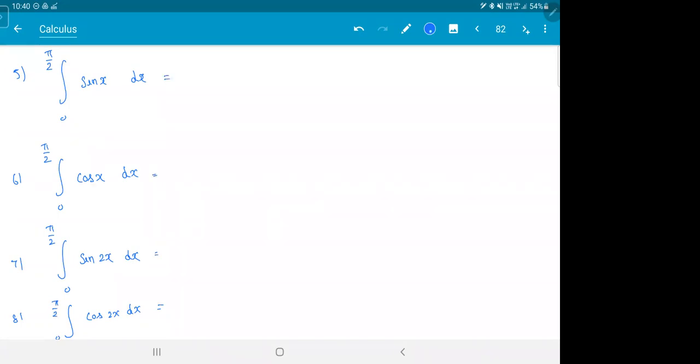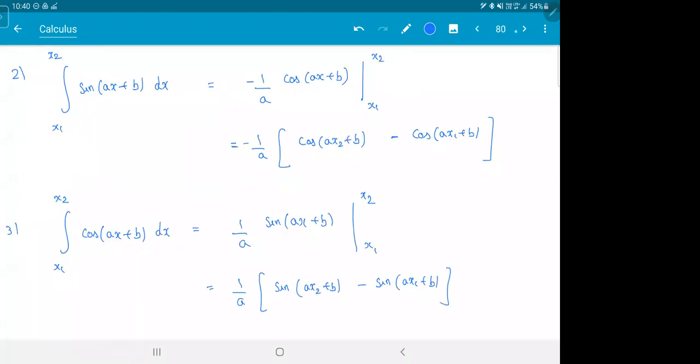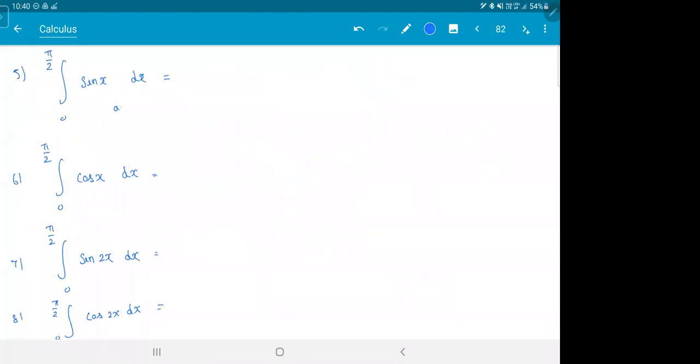So basically what you have to do is look at this formula here. Sine ax plus b, na? So here a is 1 and b is 0, isn't it? Just have to compare. Sine ax plus b mein, if you put a is 1, you get sine 1 into x plus 0. So sine x. Are you getting? So you see what is a and b ka value and accordingly substitute in the formula. So here also a is 1 and b is 0. So here a is 2 and b is 0. That's it. So once you know that part, just put it in the formula that you know and put the limits. Finish it up.